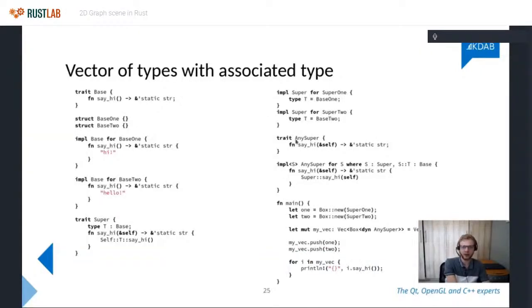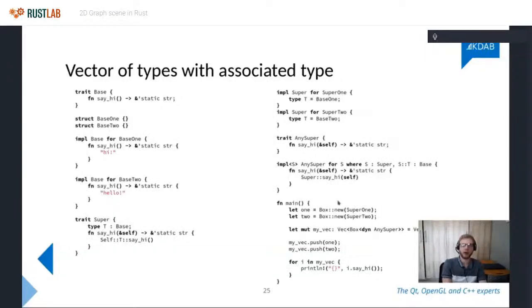You create a new trait, you can call it whatever you want. I called it AnySuper. And then you can have Rust automatically implement AnySuper for all the Supers that you have. The syntax is just to say, where Super, and the associated type T is of type, implement AnySuper. And then, unfortunately, this is a bit of boilerplate. You have to actually write this line where you forward the function on your AnySuper to the original Super. It's not that bad. And then you can have a vector of Box then AnySuper. And this is basically just a vector of pointers.